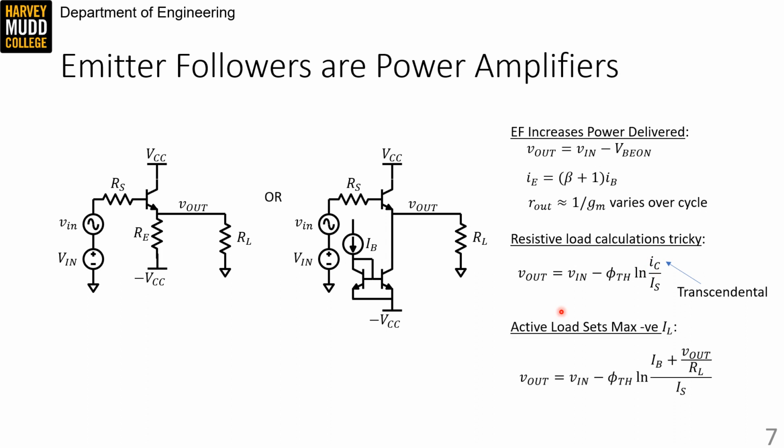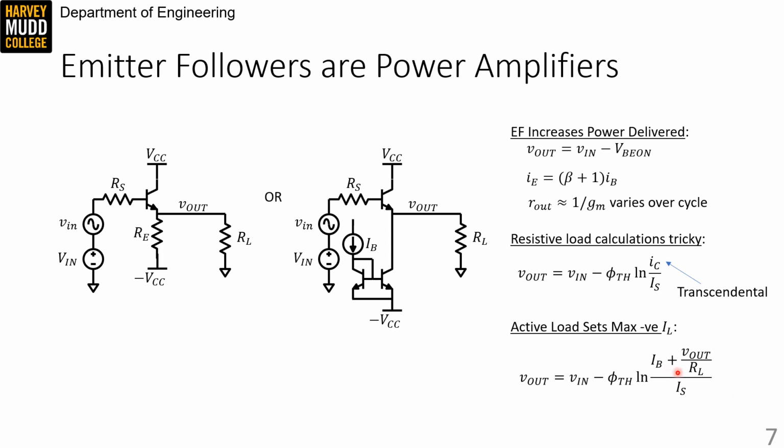The active load sidesteps that problem by pinning the total current that flows through the device here and RL. We know that the current in RL plus the current in this device has to be equal to IB, which is going to be the current flowing in this device down here. Finding Vout is still a transcendental equation under that condition,